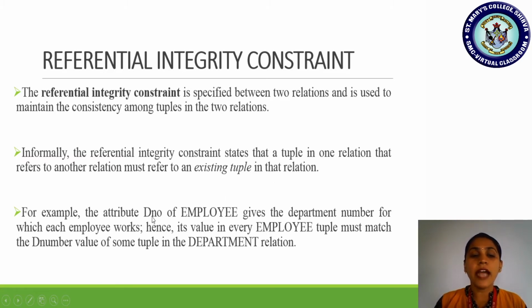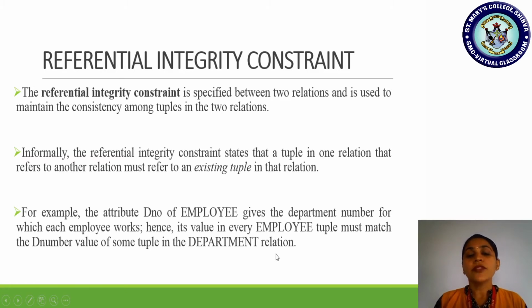For example, the attribute department number, DNO, of employee gives the department number for which each employee works. All the employees work in one department or another. Hence every employee tuple must match the DNumber value of some tuple in the department relation.